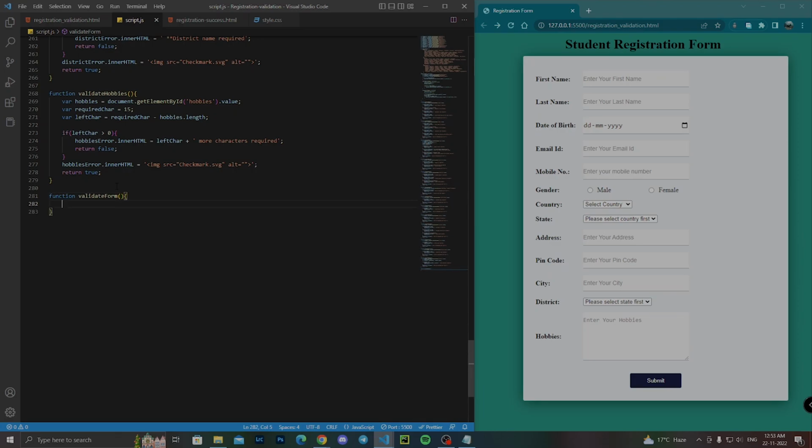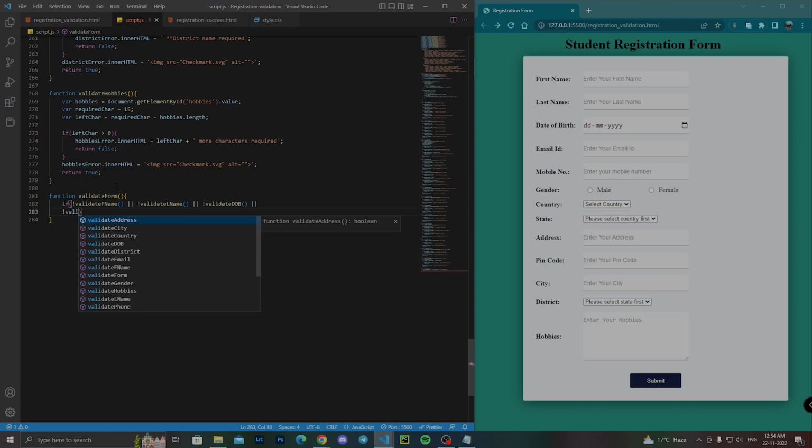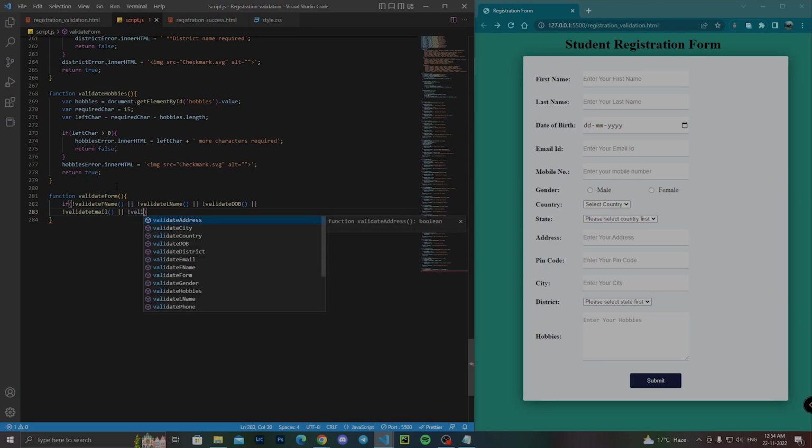Now we're gonna check every field. If not first input is validate name, pipe, not validate last name, pipe, not validate DOB, pipe, not validate email, not validate phone, not validate gender,